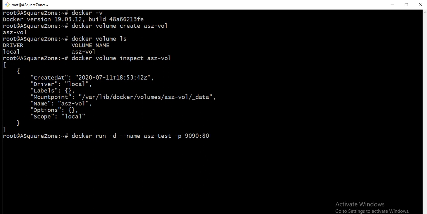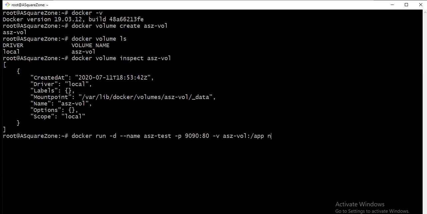I am mapping the Nginx port 80 to 9090, and I am mapping the volume I created, asz-volume, with the path /app.